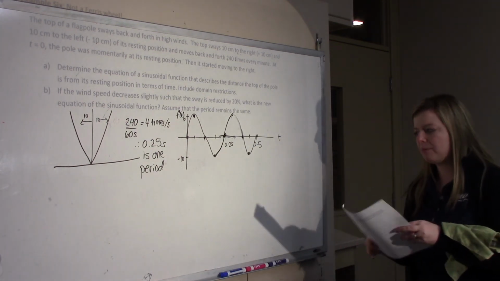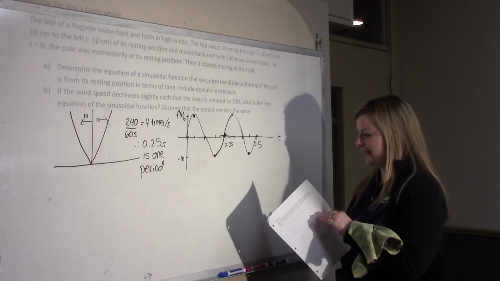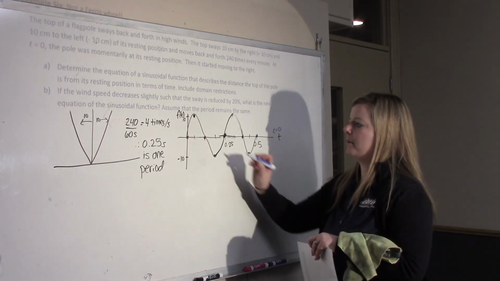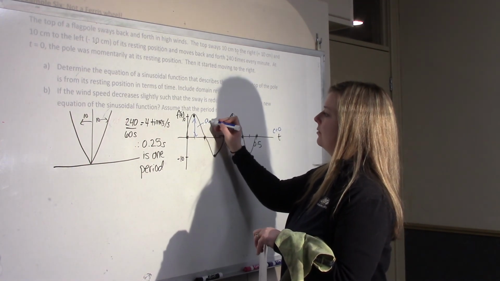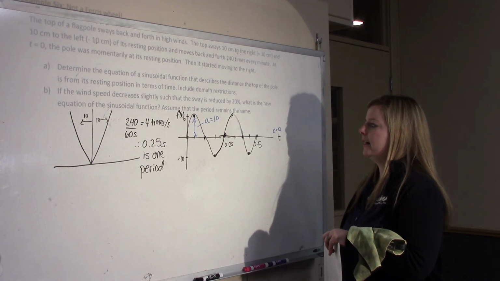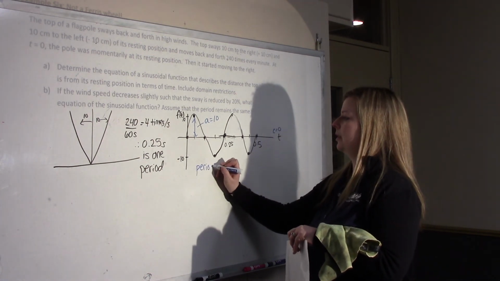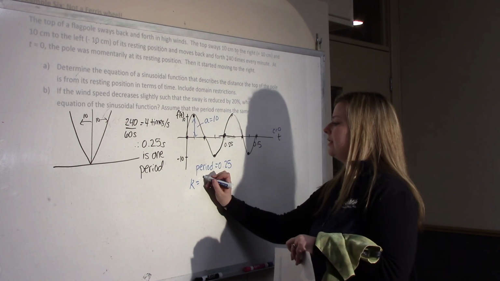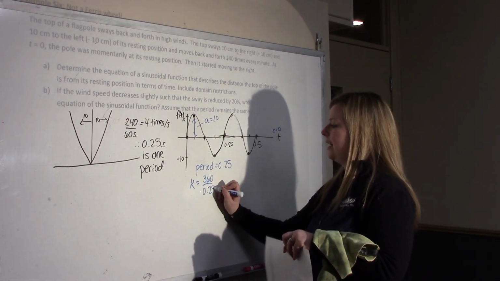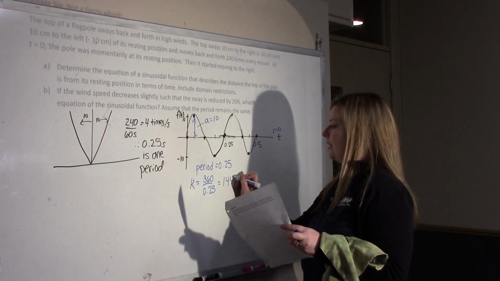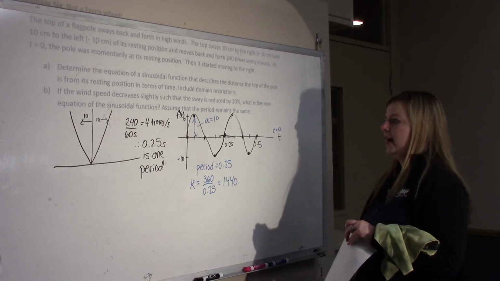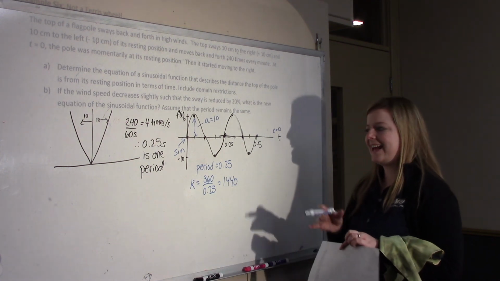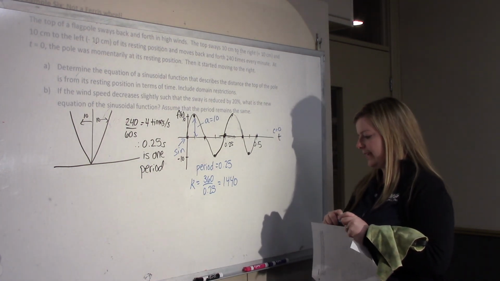All right, so let's come up with our equation by looking at the key features. So our axis is just 0, okay? Our amplitude is 10, okay? Our period, we found out there is 0.25. So therefore, K is equal to 360 divided by 0.25, which gives us 1,440 as a K value. We start at the axis, so we're going to use positive sine with no phase shift. Okay, so our function then will say let f at t